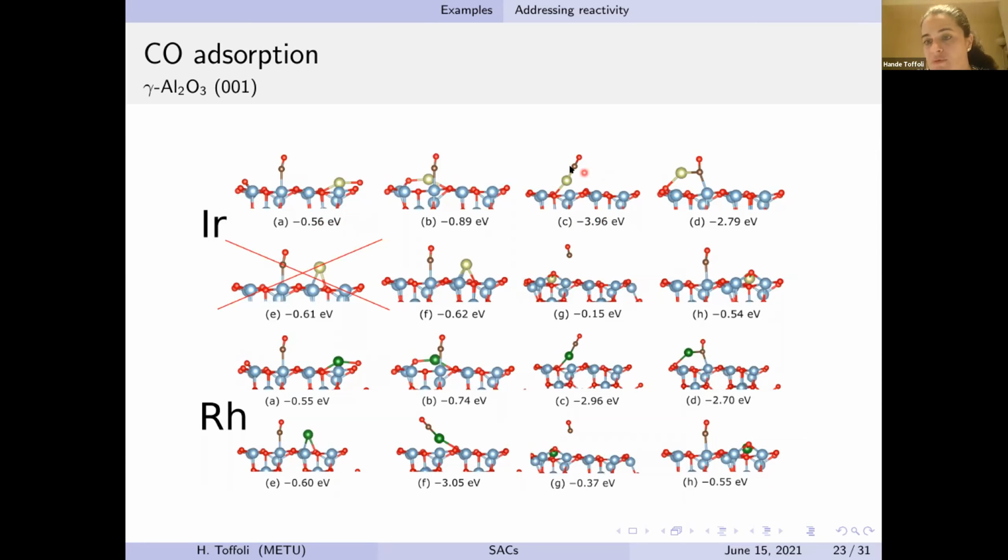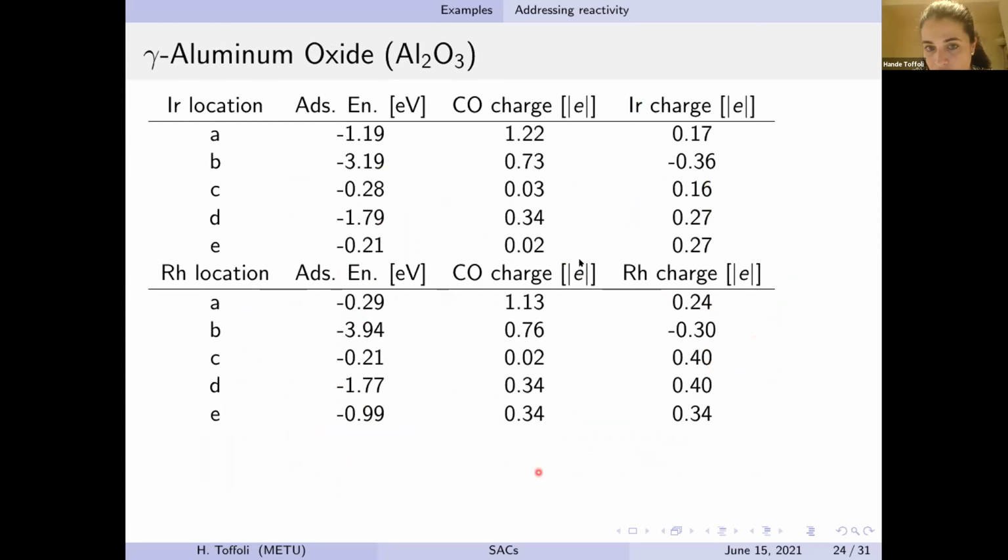Of course, if you absorb the carbon monoxide directly on the metal, then the absorption energy is really, really huge. So this has a very important stabilizing effect on the adsorbate. So once the metal is stable, it stabilizes also the adsorbate. This is a lot of information, but the important point is to notice these large absorption energies. These large absorption energies are also accompanied by large charge transfer onto carbon monoxide or out of carbon monoxide. This is another indication of reactivity.